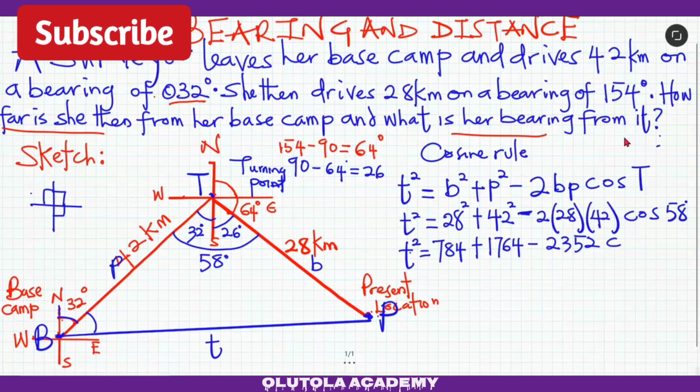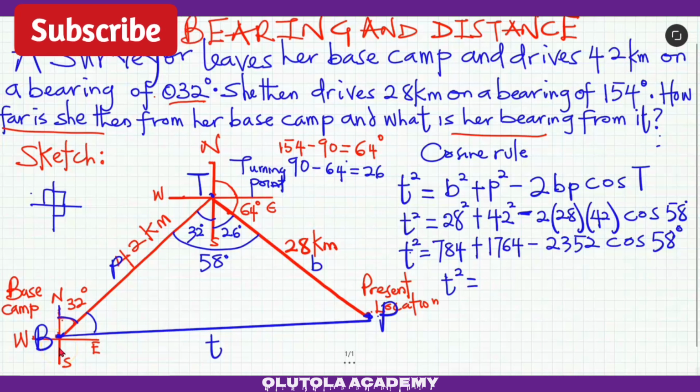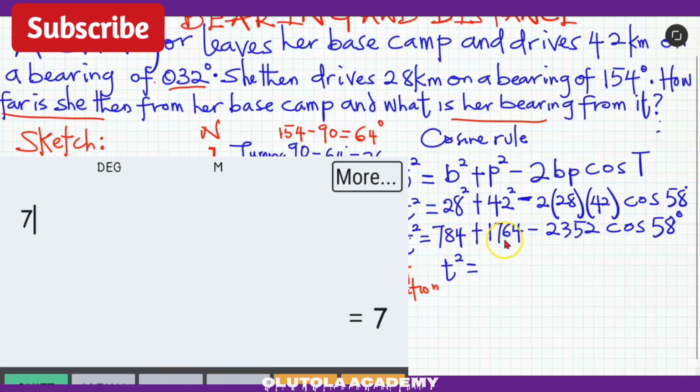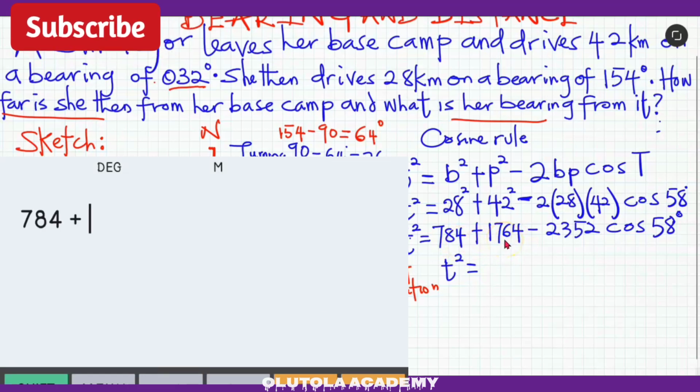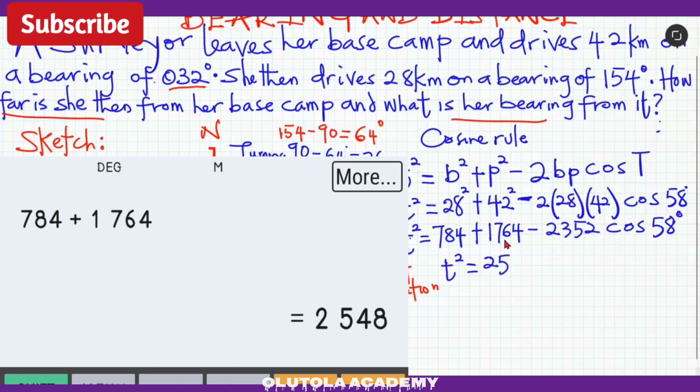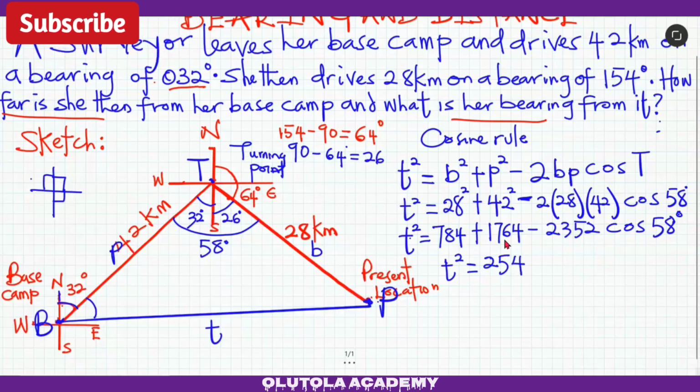Then I bring down cos 58. Of course, cos 58 is in degrees. So t square is equal to, we are going to add 784 together with 1764, and we are going to have 2548 minus